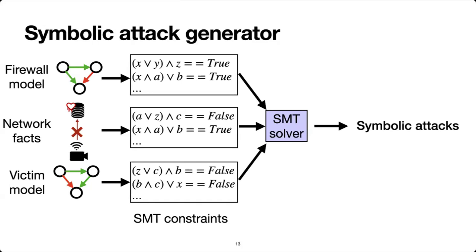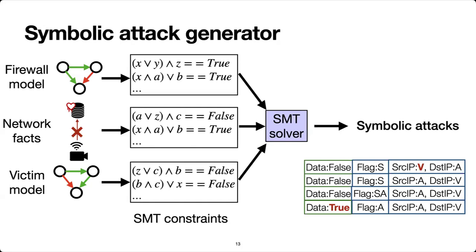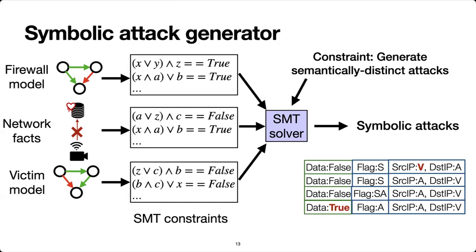Now, naively generating symbolic attacks can result in a lot of repeated symbolic attacks, which are encoding the same conceptual capability of the attack in evading the firewall. And so Pryde's key insight here is to add a constraint which generates semantically distinct symbolic attacks. And the bottom right here shows an example of what a symbolic attack looks like. So it's a high-level representation of a sequence of TCP packets, just specifying whether there's any data present in the packet, what the TCP flags are, and the sender and the receiver of the packet.